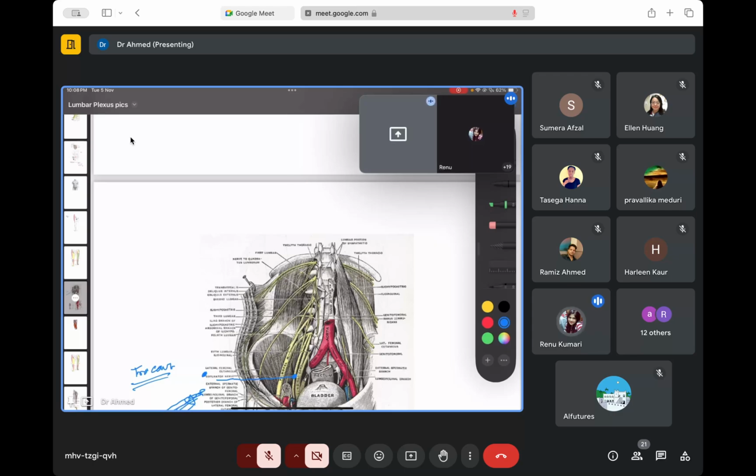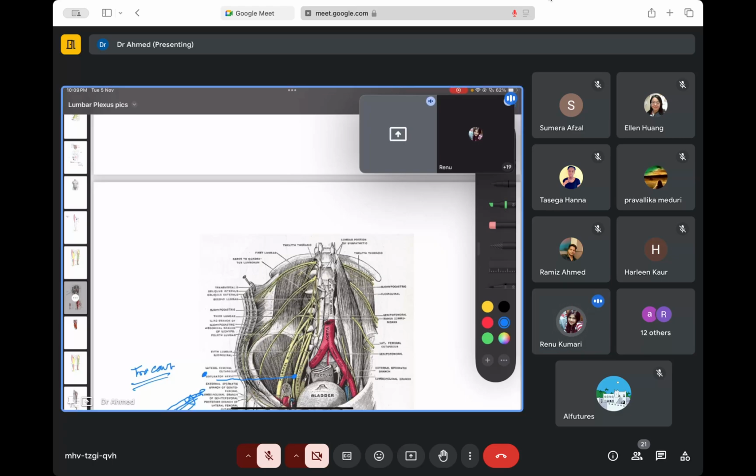The sensory supply is to the hypogastric region, that is below the umbilicus and the suprapubic area. In between that area, it will give sensory supply. And this nerve will be most commonly injured during any abdominal surgical procedures